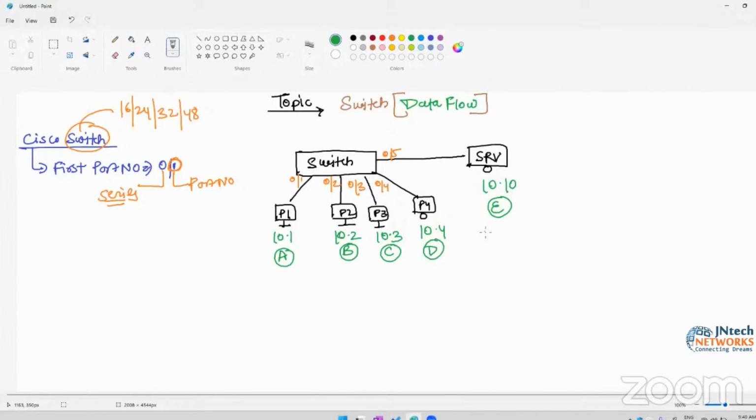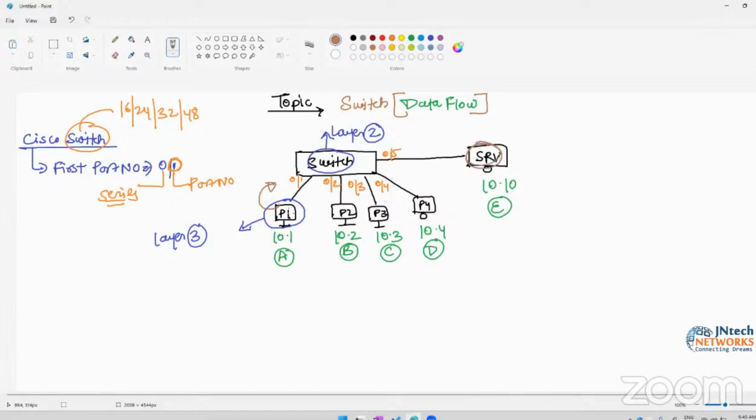Okay. Now one more thing, remember. Today we need to discuss communication via a switch and how data traffic will be forwarded or received. In this condition, is a PC called a layer 3 device or a layer 2 device? Any idea? Basically a PC works on layer number 3 and a switch works by default on layer number 2. So whenever PC1 says I want to communicate with this server, for example,